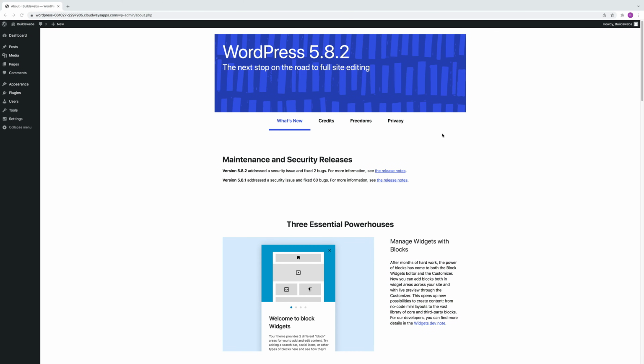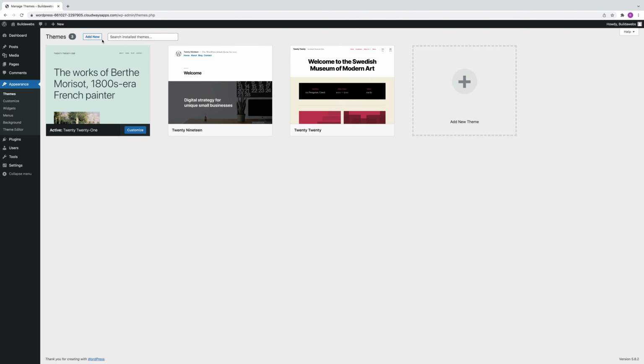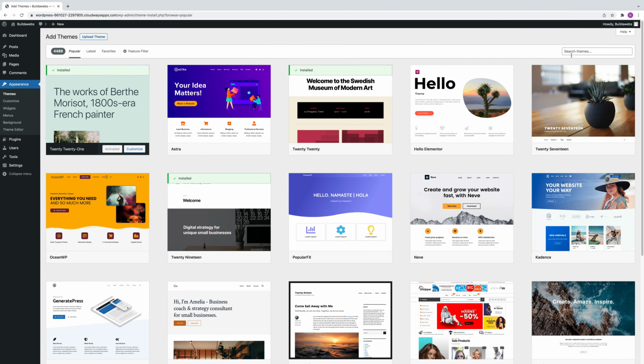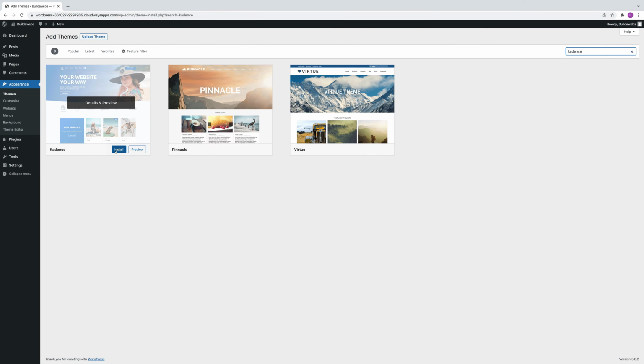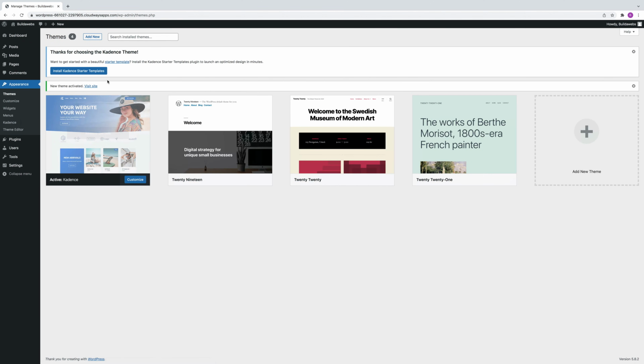To follow along with this video step by step, make sure you're in your WordPress dashboard, which is your site name /WP admin, and then go to Appearance by hovering over it and clicking Themes. Then click Add New, and then if the Cadence theme isn't available there, you can search for it, hover over it and click Install. And then choose Activate, and then click Install Cadence Starter Templates,